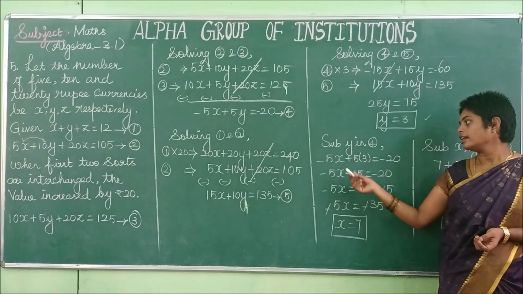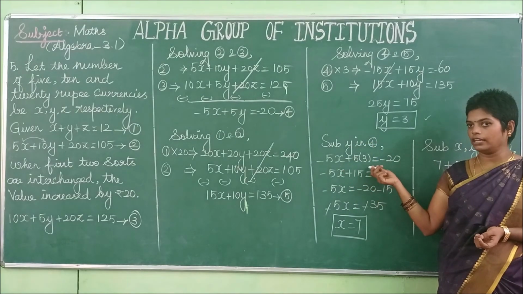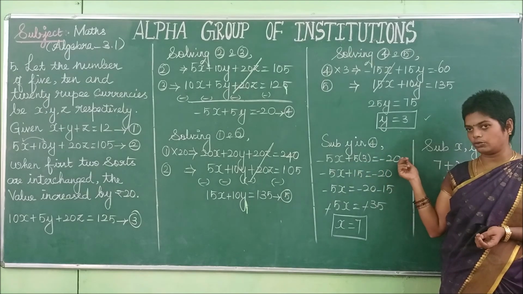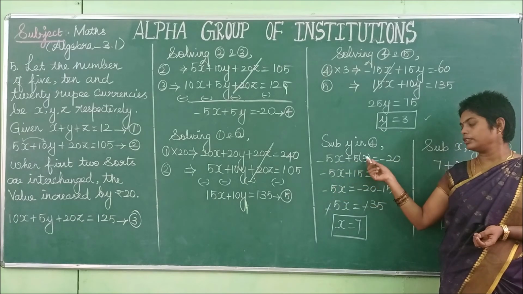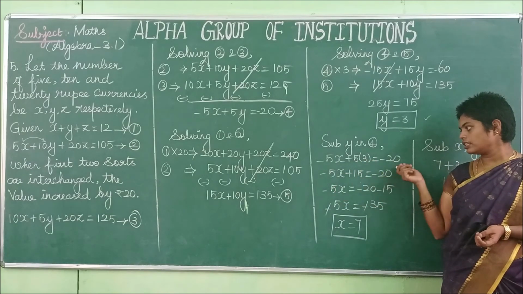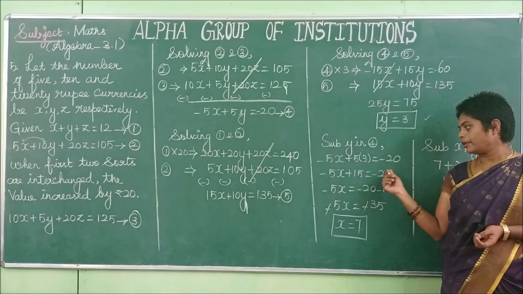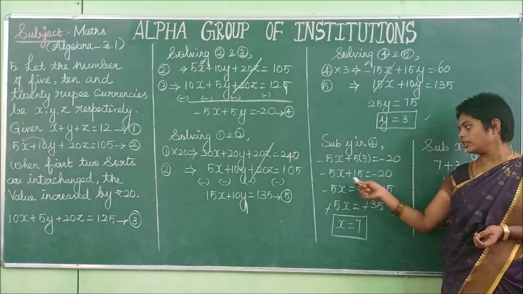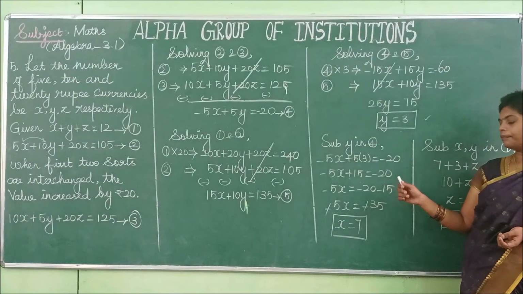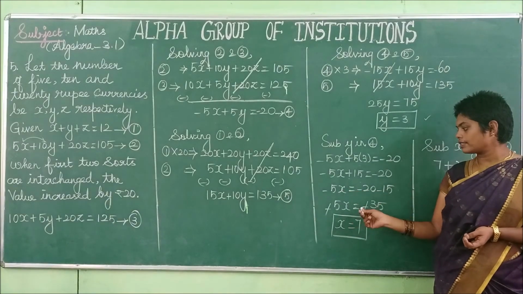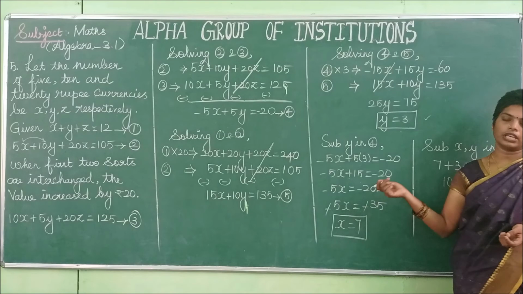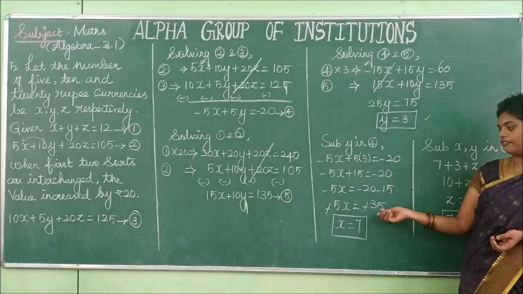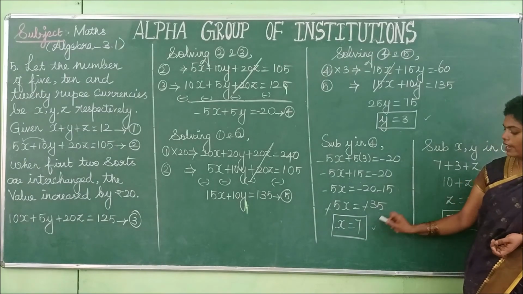So what is the fourth equation? Minus 5x plus 5y. Instead of y, you substitute 3. So 5 into 3, which is equal to minus 20. Minus 5x, multiply those values. 5 3s are 15, which is equal to minus 20. Take this number to this side, the variable will remain the same. Minus 5x equals minus 20. This plus sign comes to this side, which means a negative sign, minus 15. So minus 5x equals, both are negative, put the negative sign and add those values. 20 plus 15 is 35. So how many 5s are 35? 7 5s are 35. Now you get the value for x.